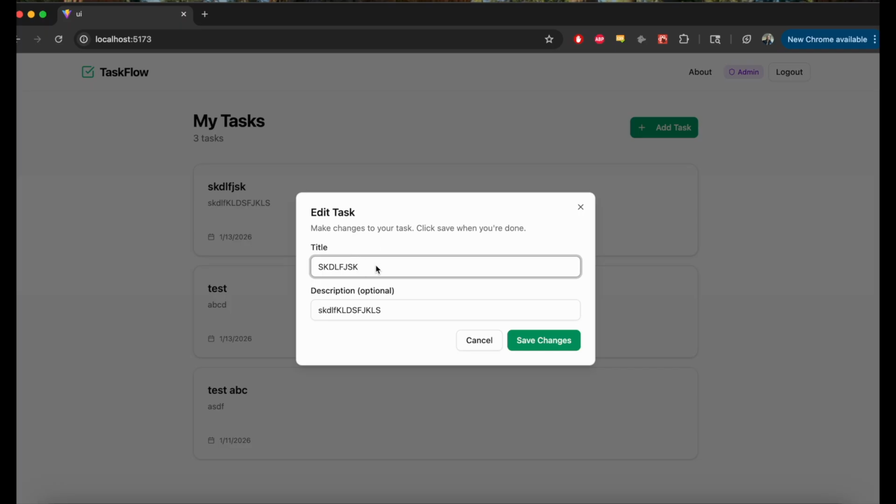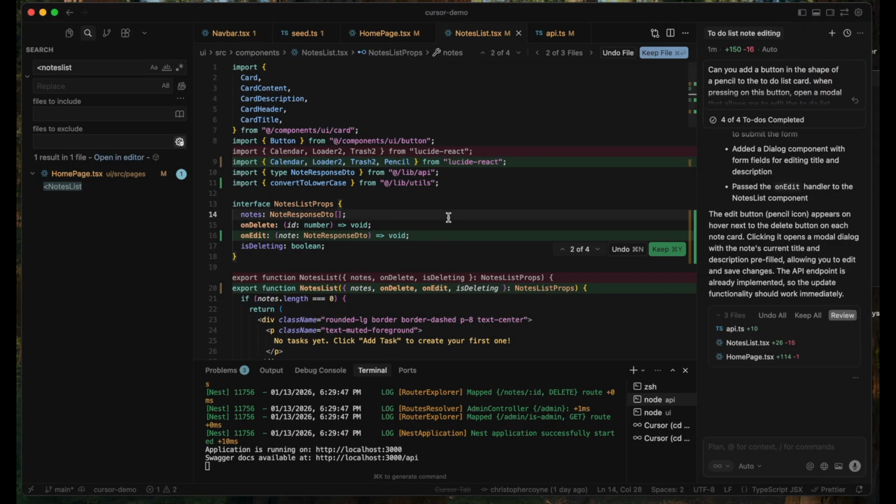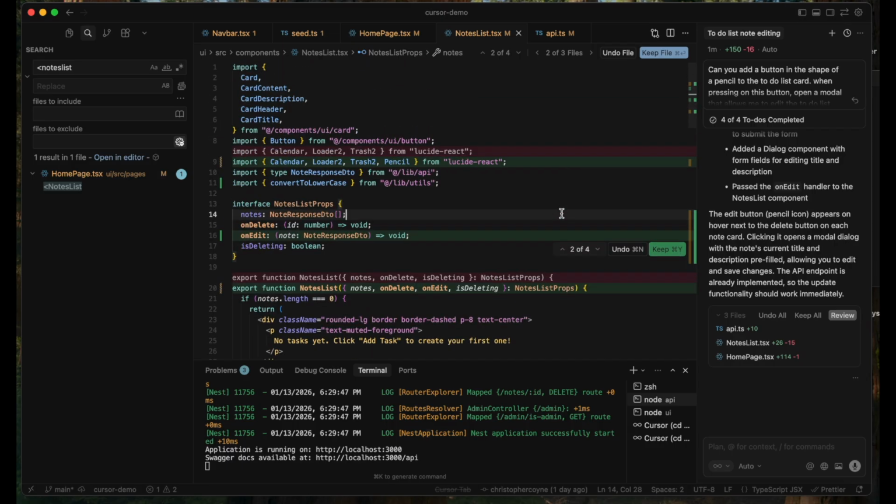So it allows me to edit the title and the description. So I will edit the title, and I will also edit the description. And when I press save, okay, it looks like it's working. Reload, seems like it's pretty good just from my cursory investigation, no pun intended. And so if I go back to the editor, all right, well,